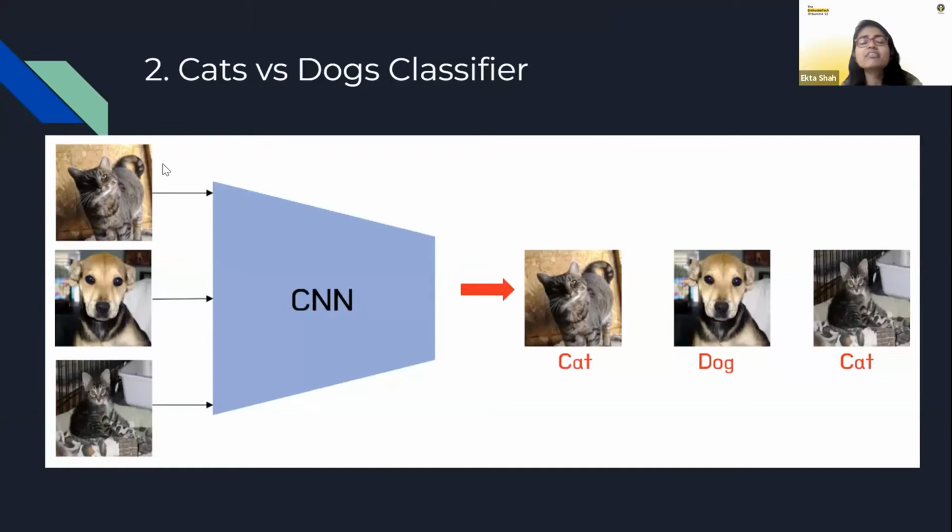Okay, so if you have some set of images and you have to train your computer system to classify what kind of object or what kind of animal it is. Over here, it's an animal, since our case is cats versus dogs. So the computer should be able to define very clearly that, okay, this is a cat and that one is a dog. It should not be confused.